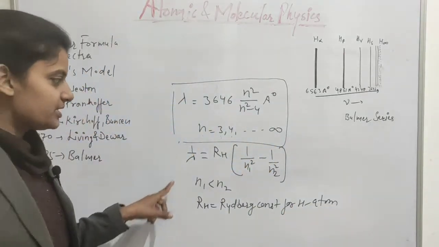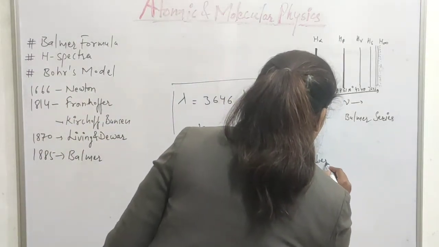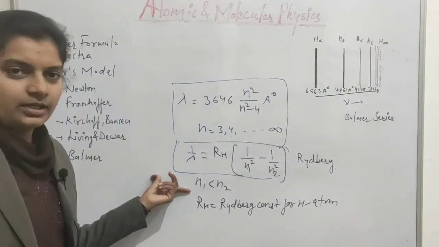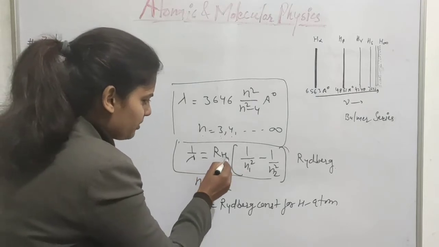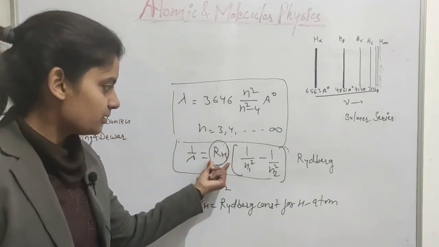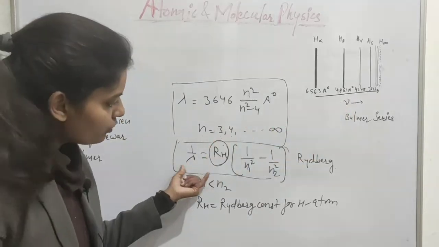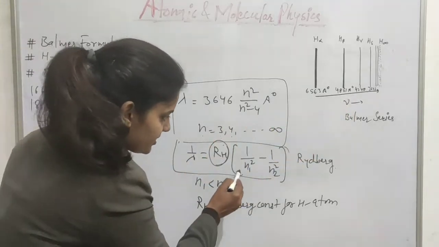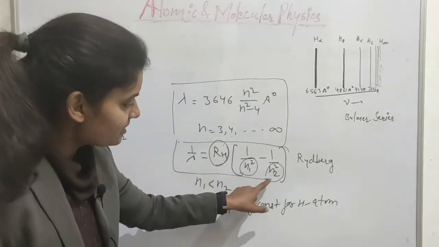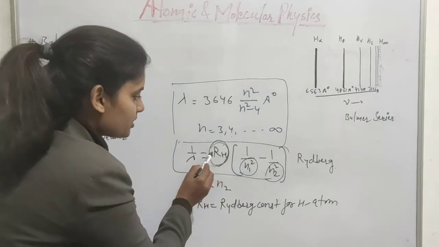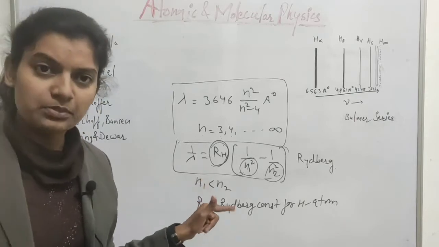Rydberg gave that formula, but he was unable to find the value of this constant. He said that the wavelength of the spectral lines comes out like this, where this term is a fixed term and this term is a running term. He said that R is a constant, but around 1885 he was unable